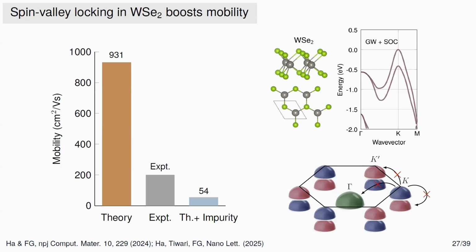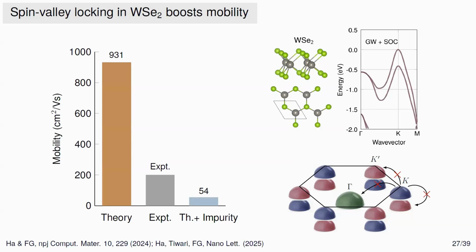So what's going on? The second question that we ask is, is there any physical reason why the mobility could be so high? Is it just a fluke of the calculation, or is there a physical basis for it? If you look at the band structure of this compound, it's actually quite interesting. This is the band structure in the Brillouin zone, which is represented here. This line is gamma to K to M. Now, what is happening in this system is that tungsten has a pretty strong spin-orbit coupling, okay? Because of that, the valleys, the two bands at the K point near the top of the valence band, are separated by almost half an electron volt.